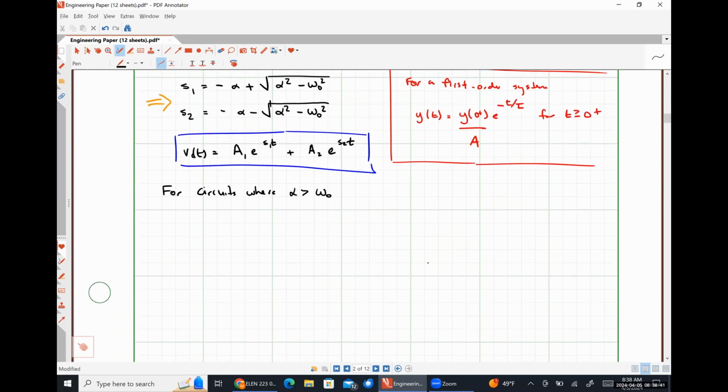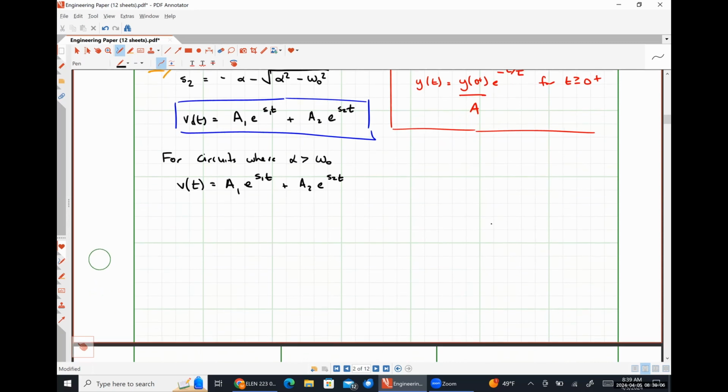But for circuits where alpha is greater than omega naught, we're going to wind up having our voltage of the exact form that we just wrote down: A1 e to the S1t plus A2 e to the S2t. Now, a consequence of this is that S1 and S2